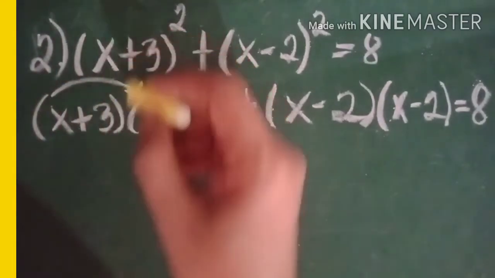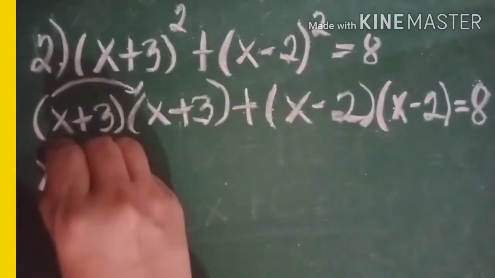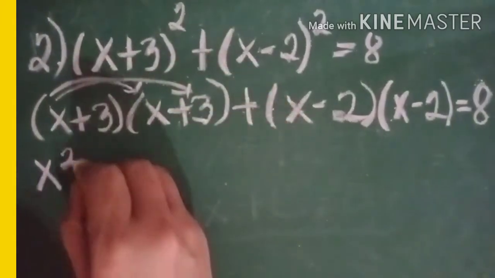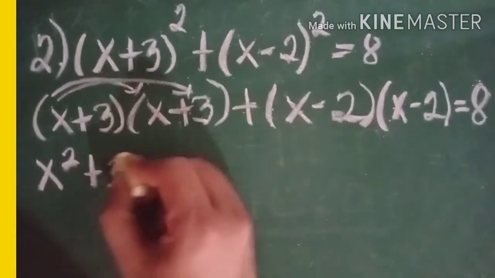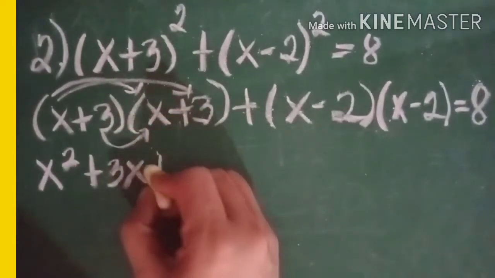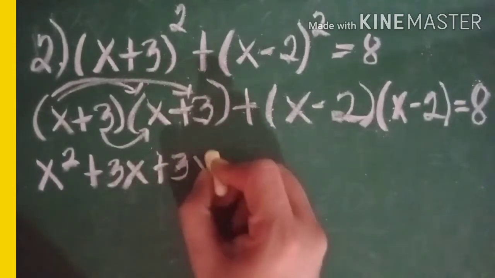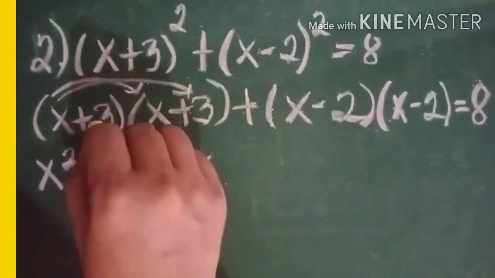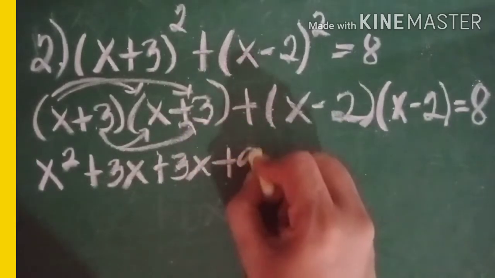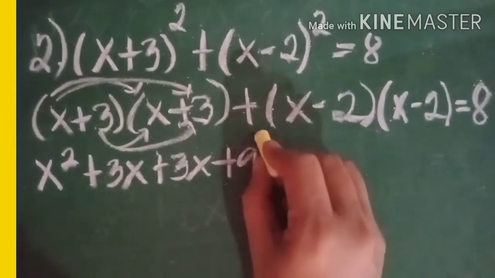So, x times x equals x squared. Then, x times 3 equals 3x. Then, 3 times x equals 3x. And 3 times 3 equals 9. Okay, plus